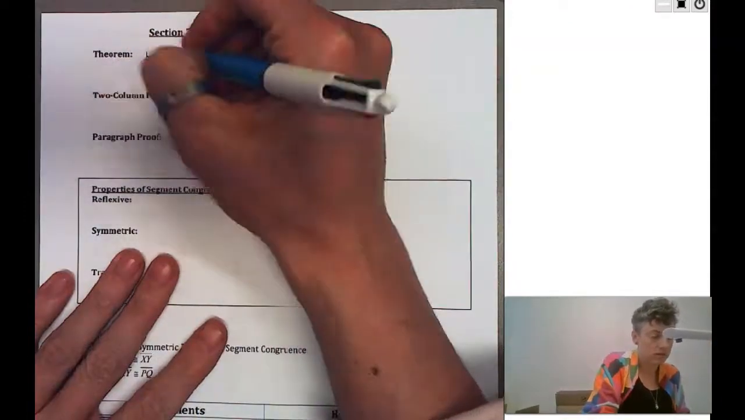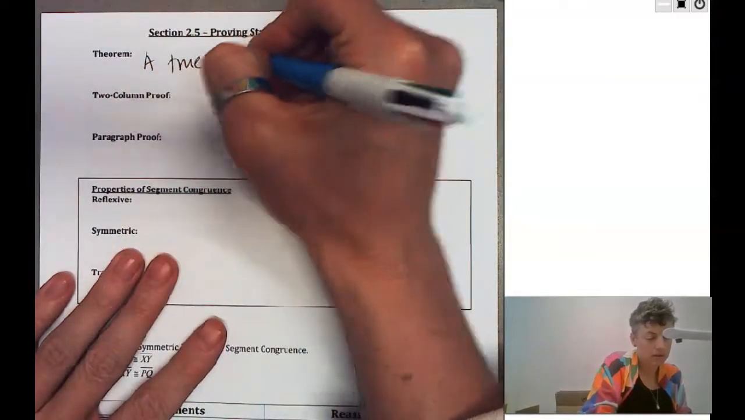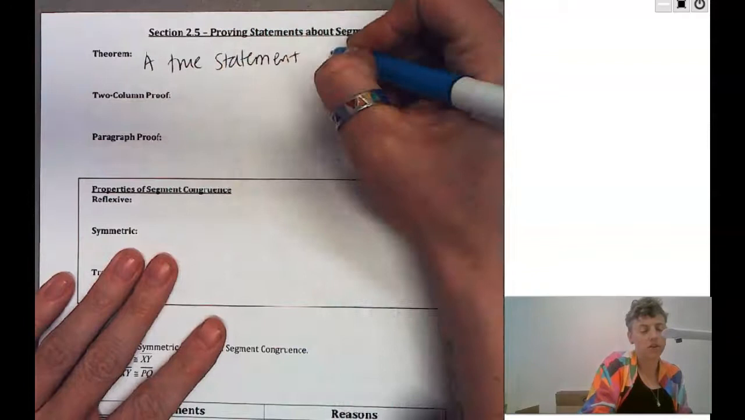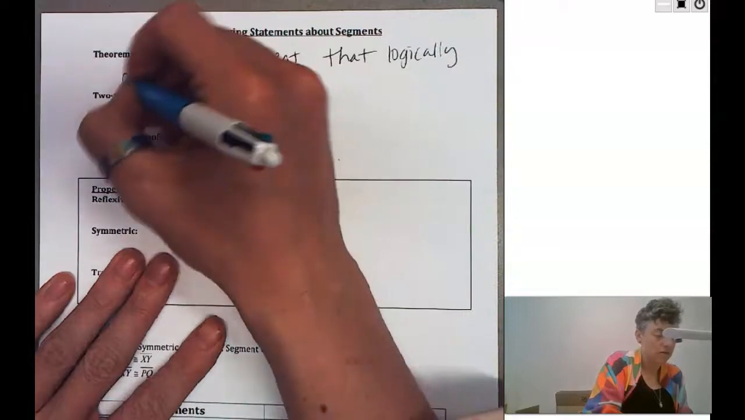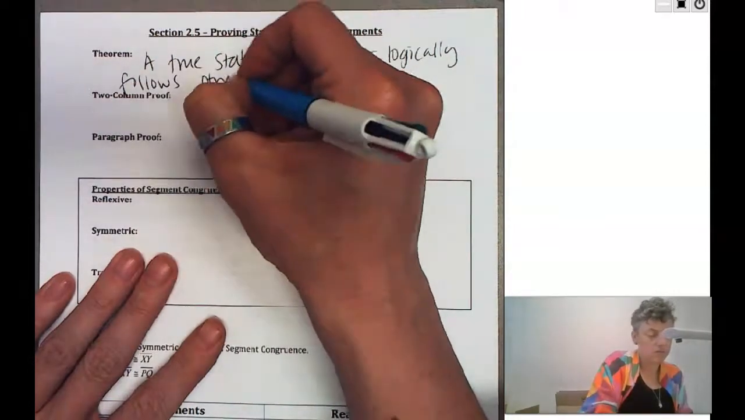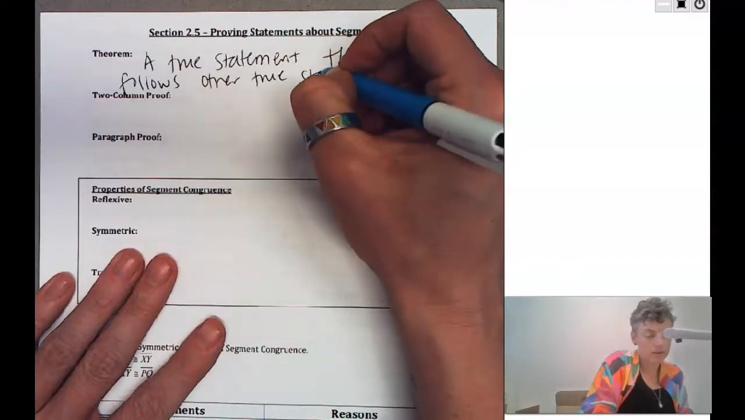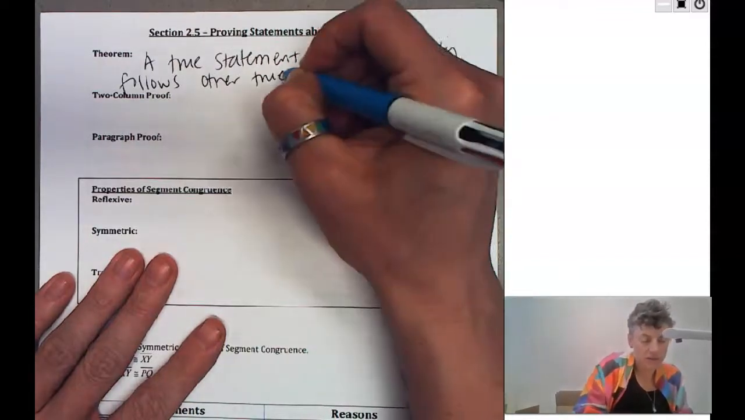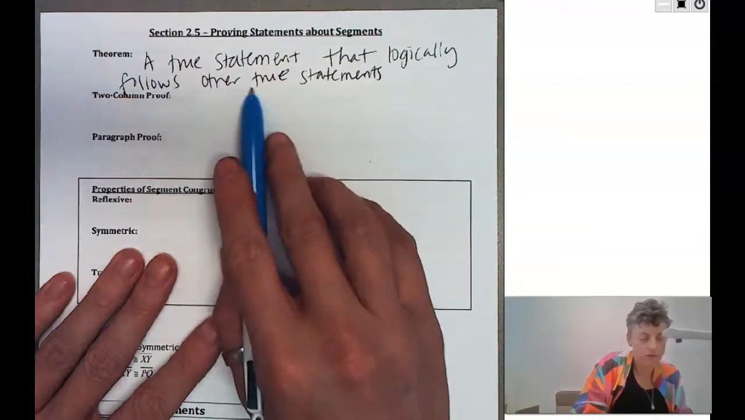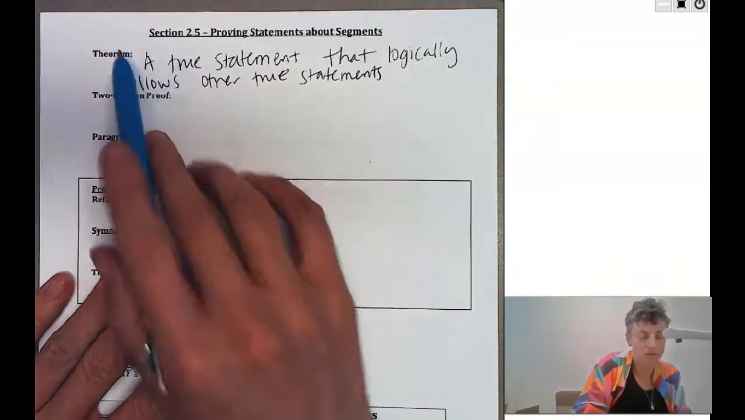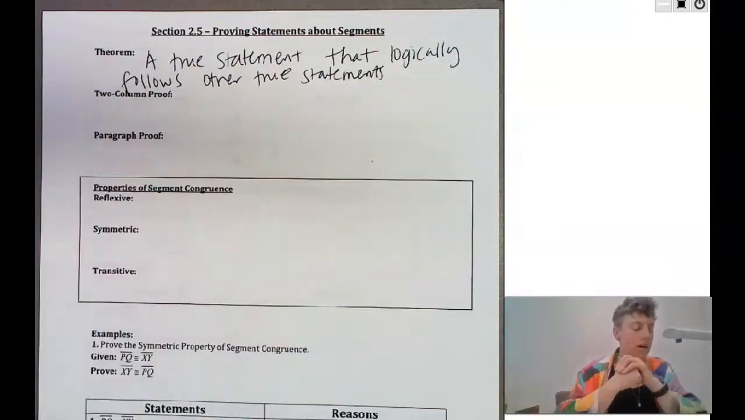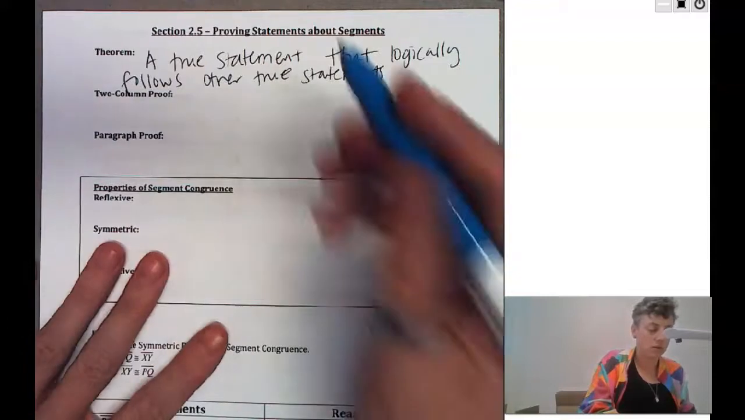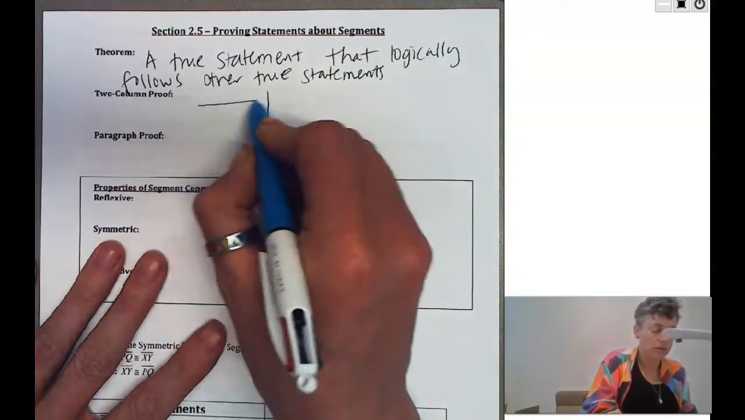A true statement that logically follows other true statements. So if we accept these other true statements, we have to accept the theorem that's a true statement based off of those true statements. It's just truth. That's what it is. We can prove things using a two-column proof, in which we have two columns that have